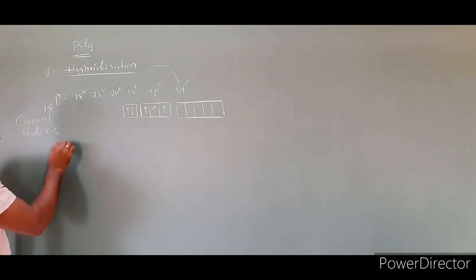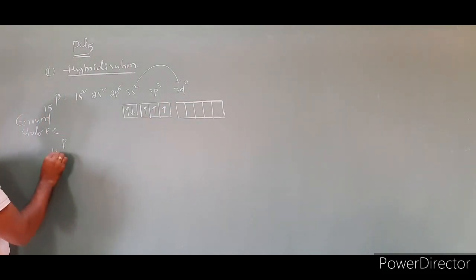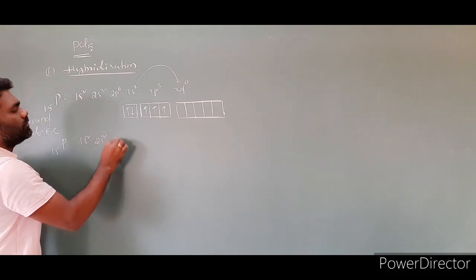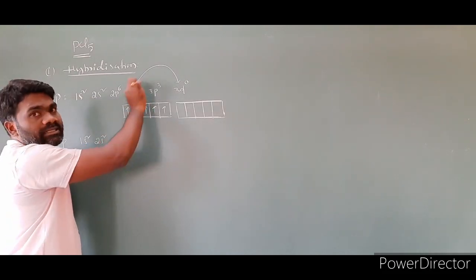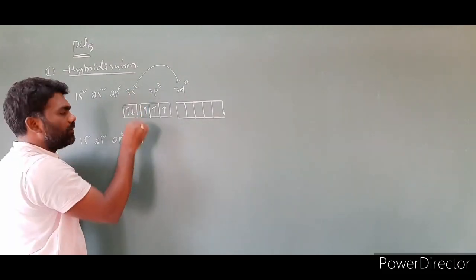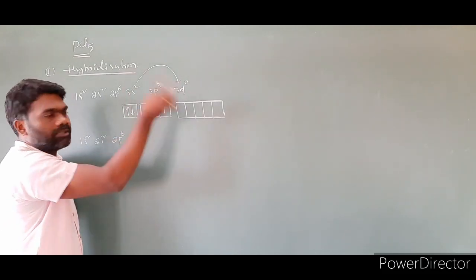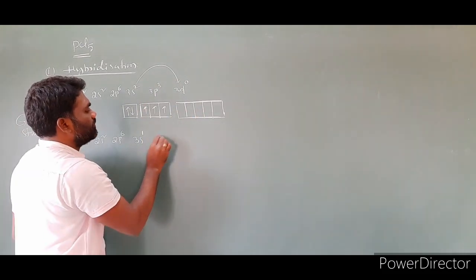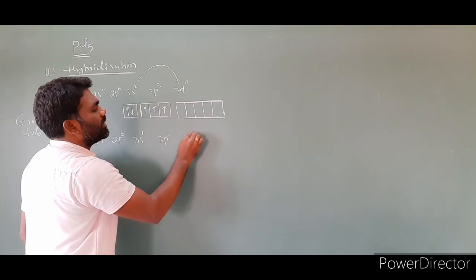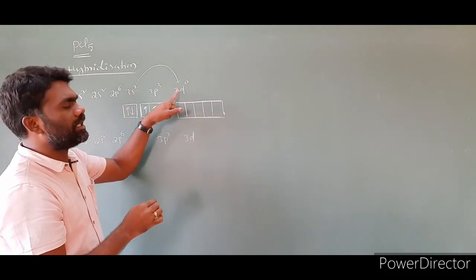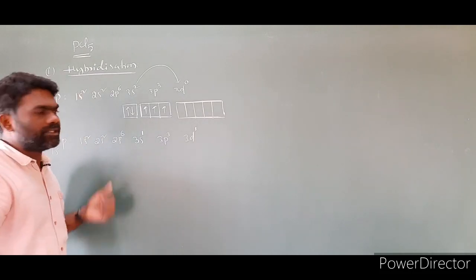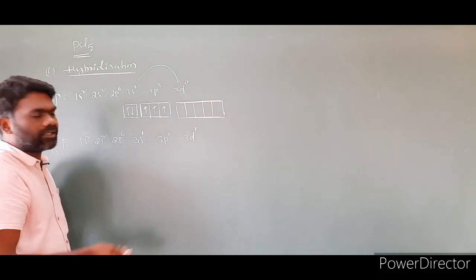Then the configuration we get is phosphorus 15. Its electron configuration is 1s2, 2s2, 2p6. One electron jumped here. Then the number of electrons in the 3s, which is 2, will become only 1. One electron is jumped. Then 3p3, and this 3d will become 1 as 1 electron came from the s orbital to the d orbital. Then it will become 3d1. So this is the electronic configuration. This is called the excited state electronic configuration.